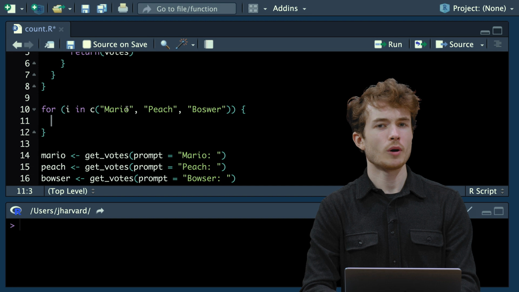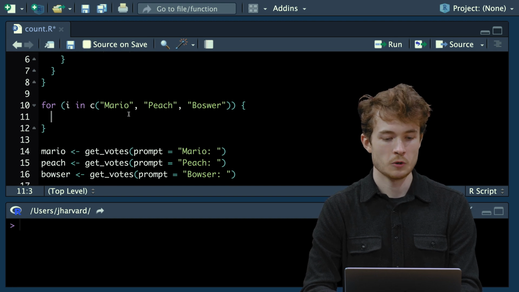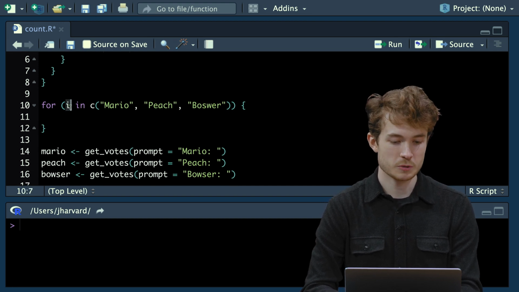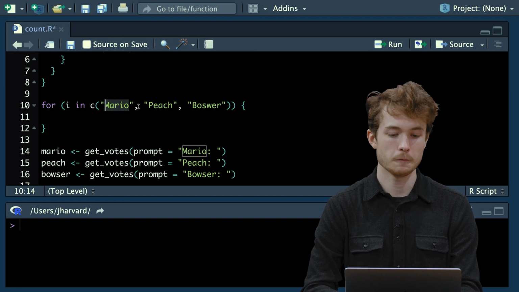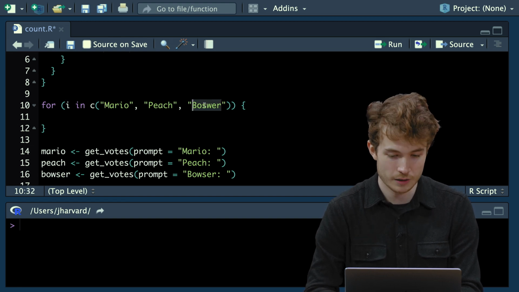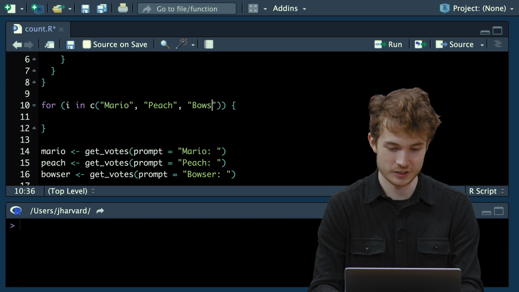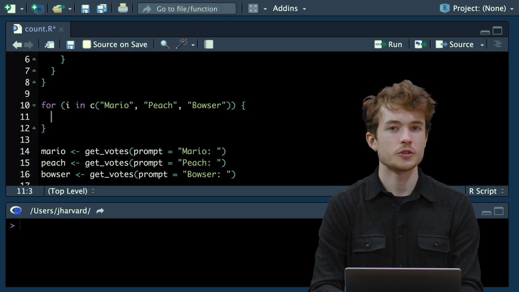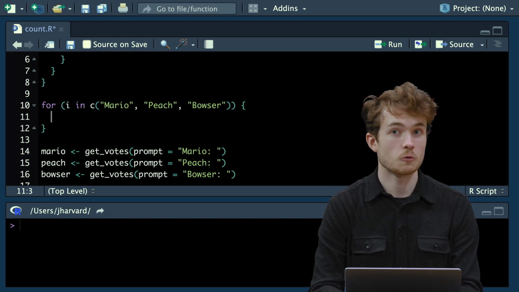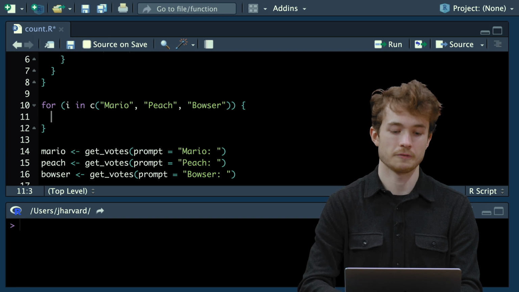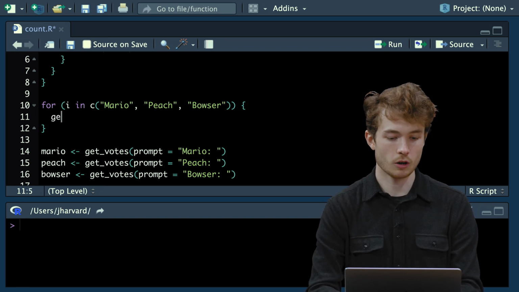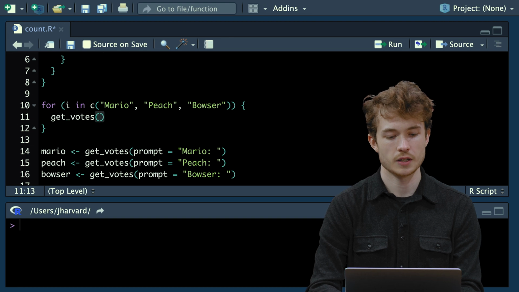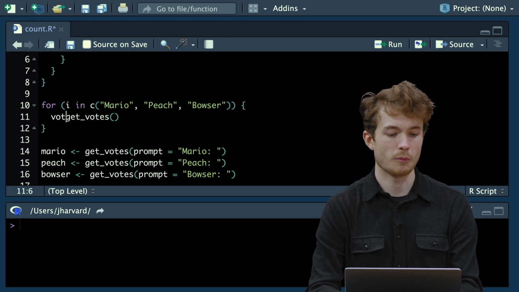Now, what do I want to do in this loop? Well, each loop, I will first be assigned some new element to my vector. First it will be Mario, then Peach, then Bowser. And then I want to ask the user for some number of votes on each iteration: first for Mario, then for Peach, then for Bowser. So I could probably simply call get votes and maybe store it in some object called votes,